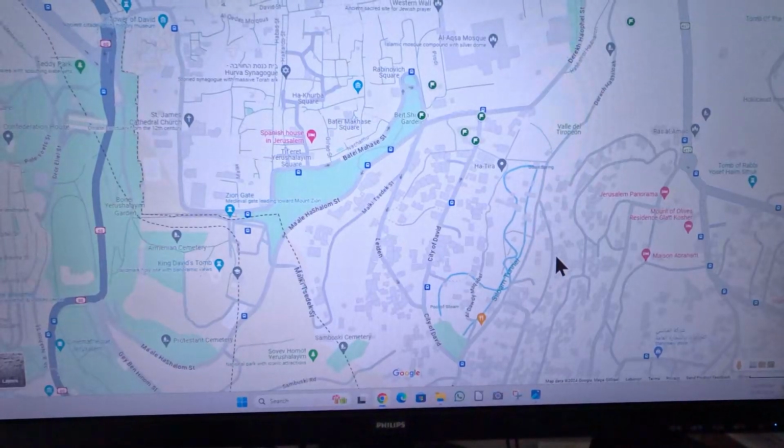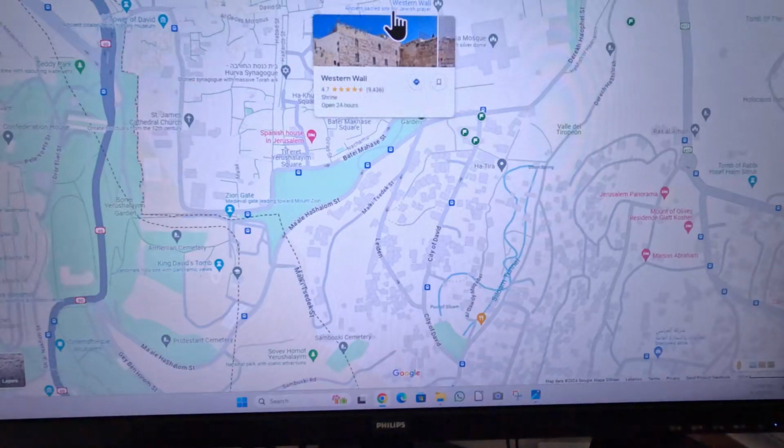On the 3rd of April, I went to Jerusalem again, and I caught a bus. It's called the bus number 1 from the central station. And what happens is you come along the street over here, which is on the side of the old city, and you arrive at this area over here, and over here is the Dung Gate, and you can get to